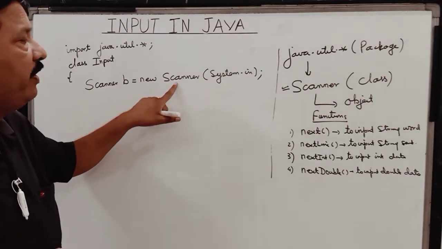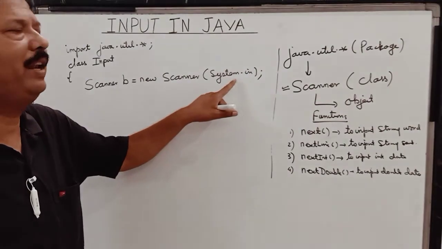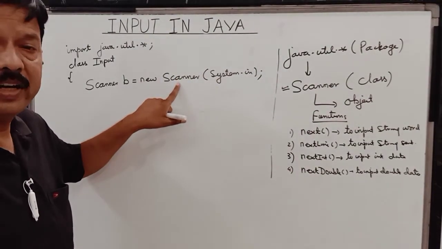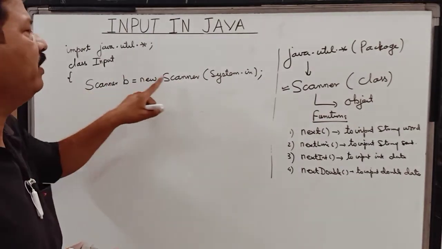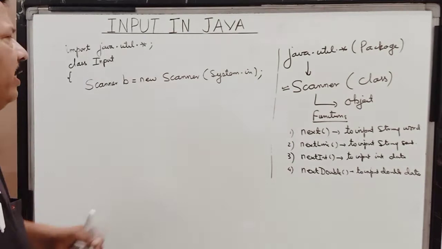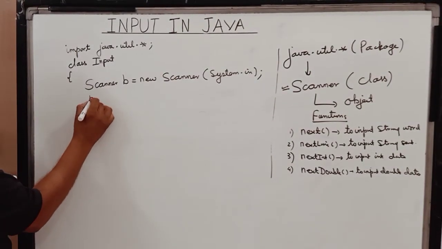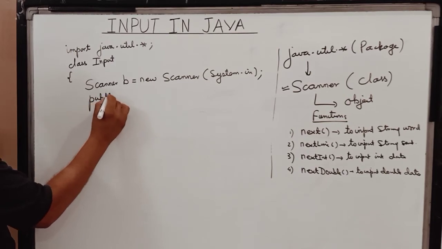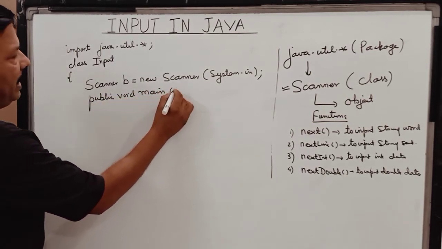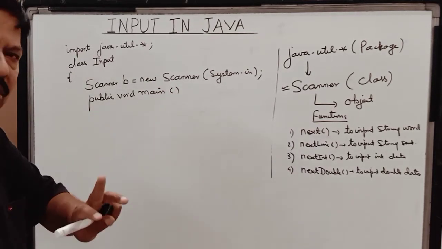And, children, System.in is a reserved word; System is a class, and in is for input. And, children, this is the constructor I am talking about. This is class and this is constructor. We are going to study this in detail in the later part. Now, children, what I am doing, I am starting my program, public void main, and in the book you might see public static void main. That can also be done.